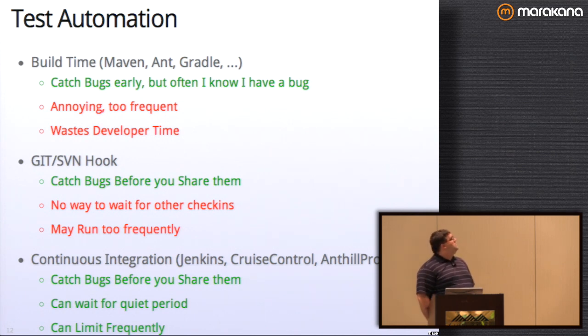How many of you are using tools like Jenkins or CruiseControl or Bamboo? Yeah, a handful of people. They're all great tools. So let's talk about the different areas where you can put in hooks. There are different things like SVN hooks, where you can trigger something when code is committed. You can do it earlier, at the time of the Maven build. You run a build, you run an Ant script, you run a Maven build, and you can kick off some kind of testing. And when you do that at the Maven or Ant level, it can be really, really annoying,